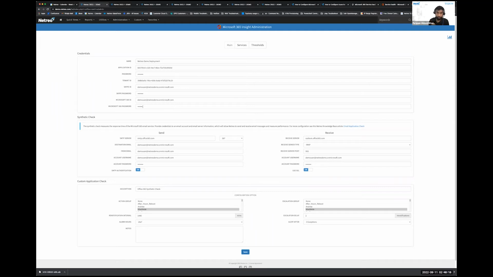You will also need to create a service account so that Netreo can use the service account and launch into your Microsoft 365 services and validate the connectivity to them, and also work on gathering the response time by logging into those 365 services. So your service account, a Microsoft 365 service account, a Skype service account to make that call transaction to see your Skype connectivity as well, and an email service account so that Netreo can use that service account to send